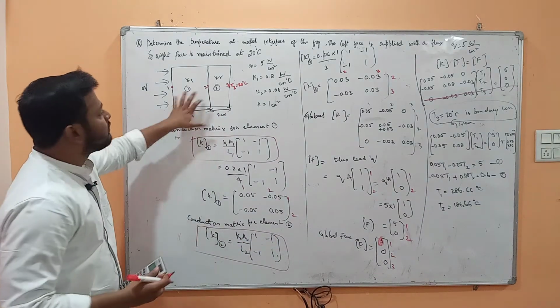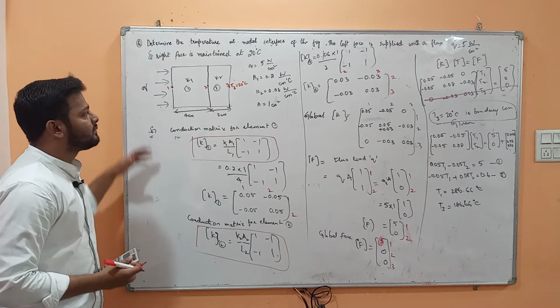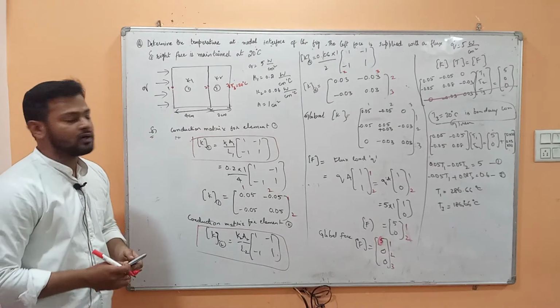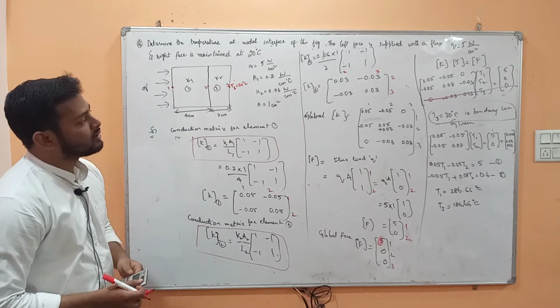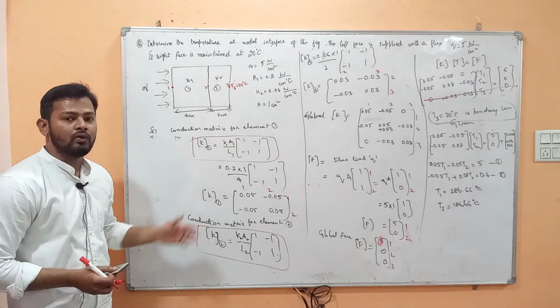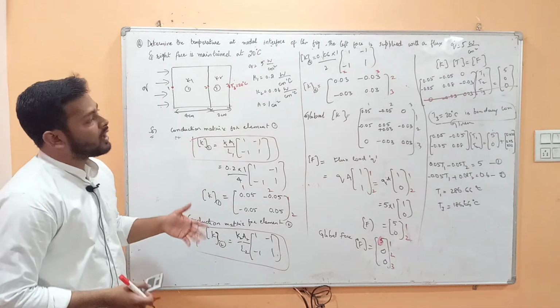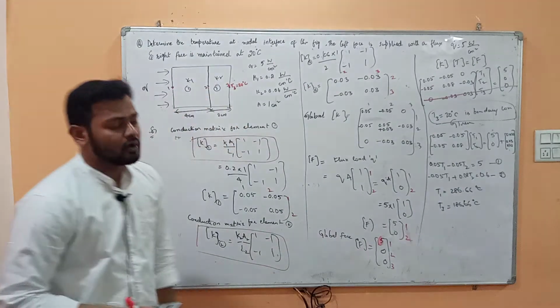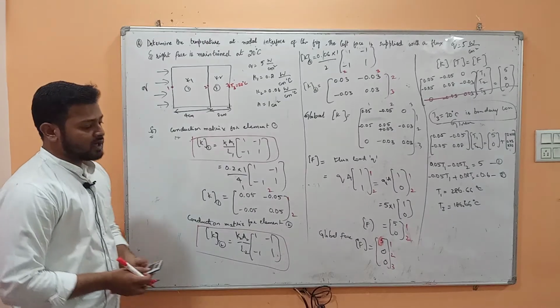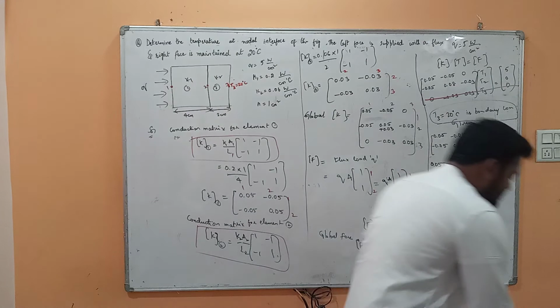Okay. So these are wall problems. There could be 3 walls as well in the final exam. You can go through the previous papers, and if you have any doubts, you can reach out to me. However, the methodology still remains the same if you have 2 walls or 3 walls. So you are going to have a 4x4 matrix for 3 wall problems. And we are going to start the next type of problems now, that is problems on fins.